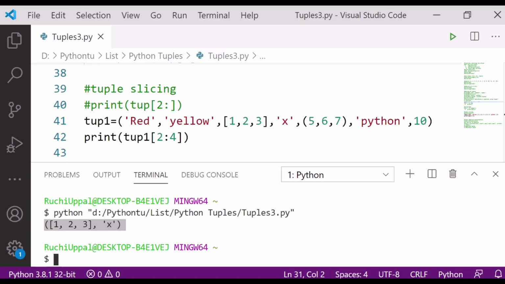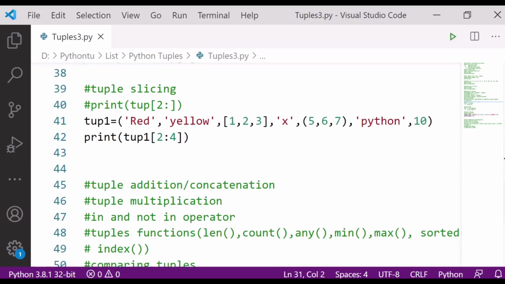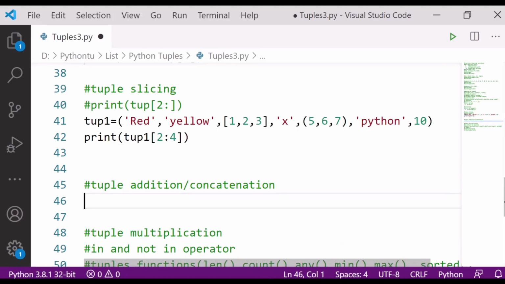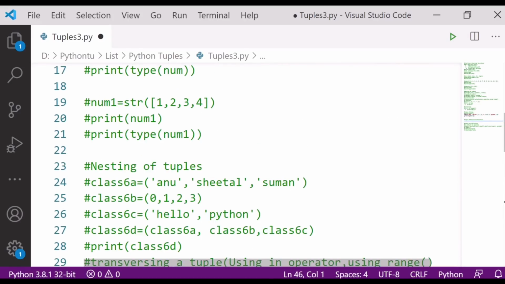So let's move forward, and the next topic is tuple addition and concatenation, that we have already done almost. Concatenation means how to join it. Let's do it again, it will be the revision, but we have done it here only.